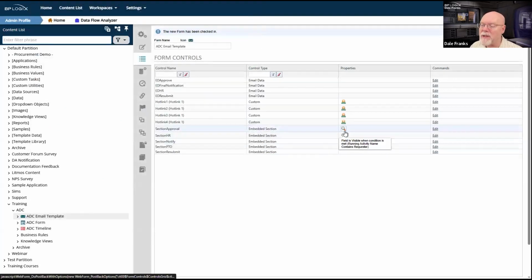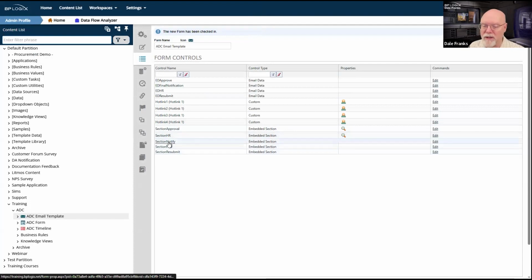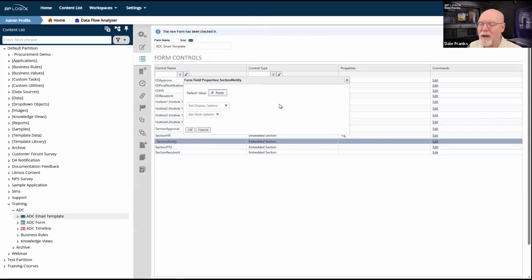And by the way, the reason I'm here is so that I can mouse over each of these conditions that I set, because I'm going to want to be sure when I'm done that these are all mutually exclusive, with the exception of section PTO, which is going to be a little bit different. So once again, field is visible when. I'm picking field is visible when and otherwise hidden intentionally. I want to specify when I see this. And if that specification isn't true, I want this hidden. Again, I'm trying to make all of these conditions mutually exclusive.